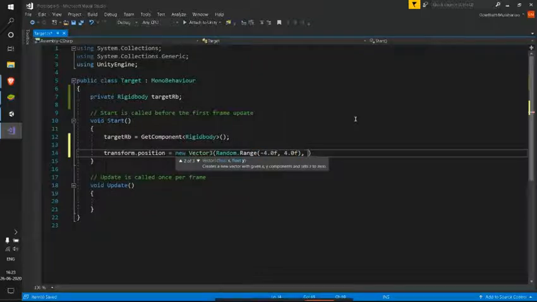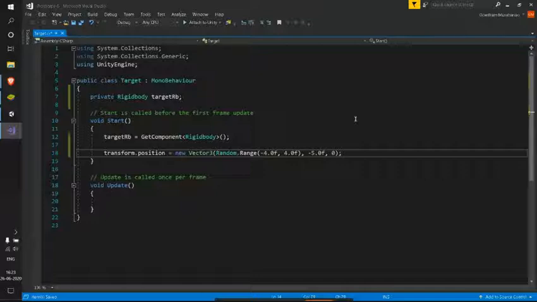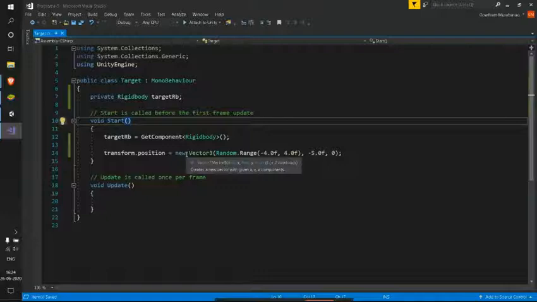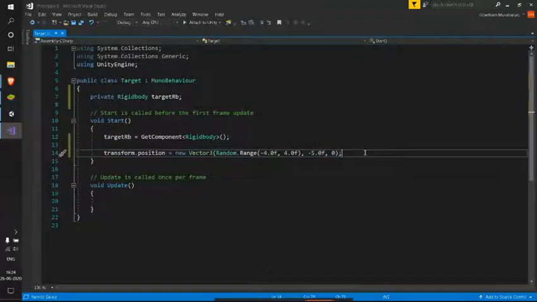And next, my y direction, the value can be -5.0f, whereas my z, I can just leave that as 0. So see, now as this is present in Start, when we generate this particular game object or a copy of this prefab, as this will be getting executed, it will directly go into a random position based on this line of code.